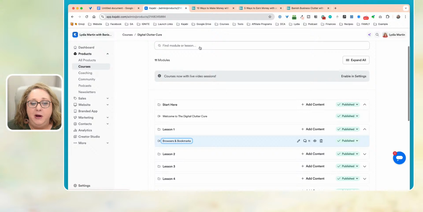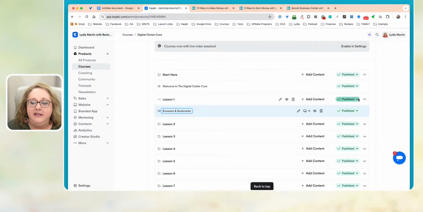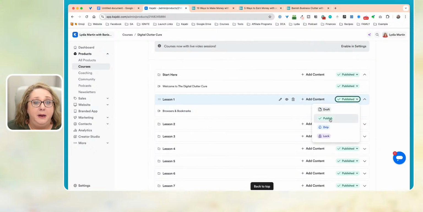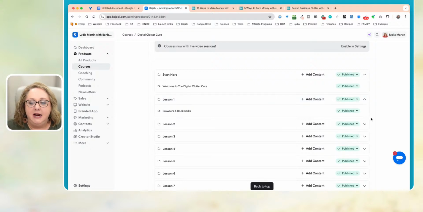But I love that when I'm in here, I can decide, is this ready to be viewable? That's published. Am I keeping it on draft? Am I dripping this out in a sequence? Like, are they getting module 1 this week, module 2 in 7 days, module 3 in 14 days? I can do that. Or I can lock it until they've completed the previous module or lesson. So lots of options in here, but all I did was come in here, add my modules, add my lessons,